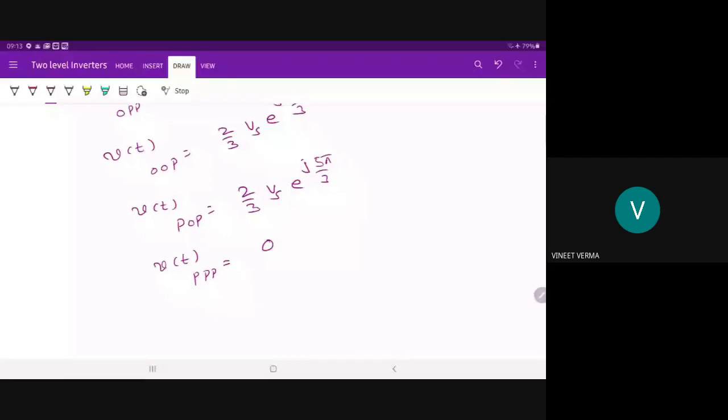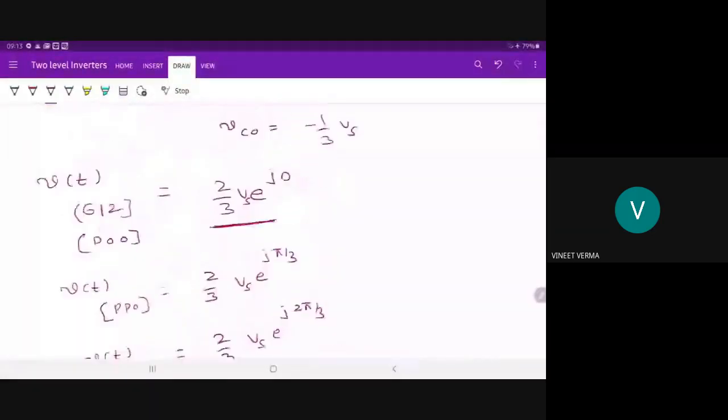Just simply substitute the load phase voltages, instantaneous values, right? We have derived this one, we already exercised that. So just simply substitute that and you will get these values. Okay. So the overall,